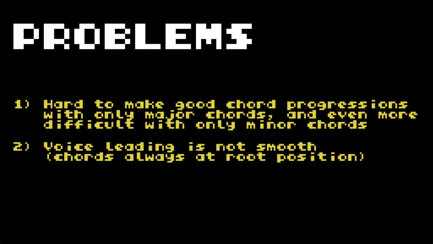The solution to problem number one is this. Imagine a piano with all the black keys removed, and the white keys numbered in the same way as we numbered our keys before. That is, we start with the low C and give it the number 0 and then give each key a consecutive number. You could say that the white keys form a heptatonic scale, where every octave has 7 tones, whereas all the keys of a piano with the black keys included would form a chromatic scale. Every octave has 12 tones. So how do we map from these heptatonic scale note numbers to the chromatic scale note numbers? And the answer is